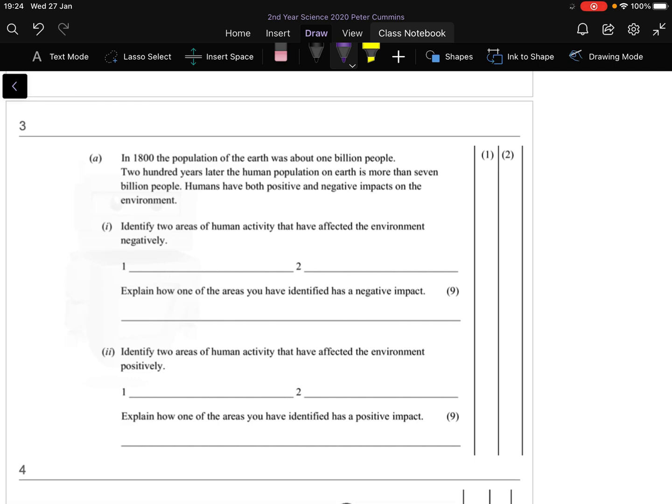And then, in 1800, the population was about 1 billion. 200 years later, the human population is more than 7 billion. Humans have both positive and negative impacts. Name 2 areas of human activity that affected the environment negatively. Okay, well, two areas of human activity. What the main one is burning